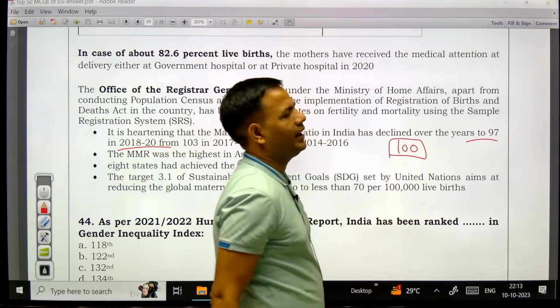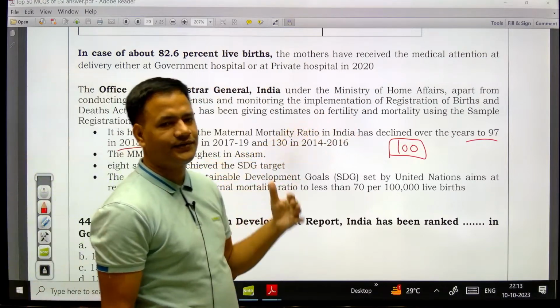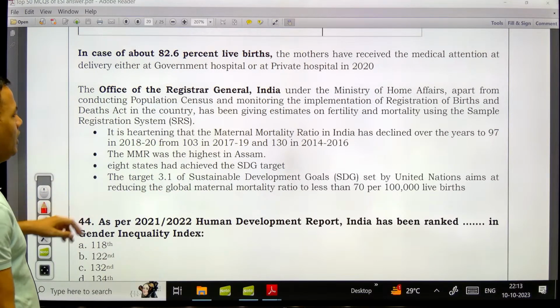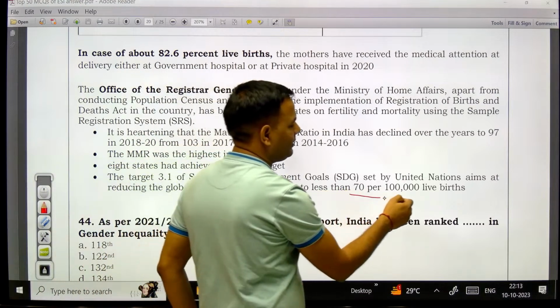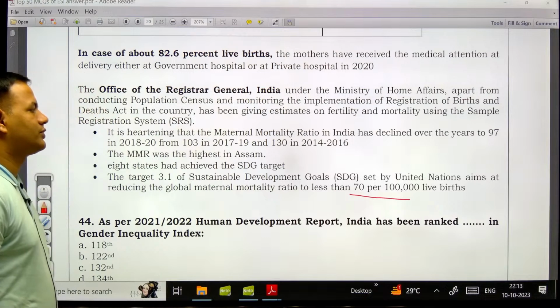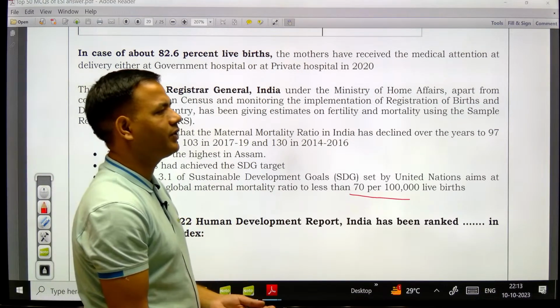So national health policy का target था कि इसको 100 से कम लेके जाया जाए, तो 97 पे आ गया है. ये भी बहुत important fact है. और जो SDG का टारगेट है उसमें है 70 पर 1 लाख लाइव बर्थ, तो 70 से कम लेके आना है अगर आपको सस्टेनेबल SDG का टारगेट अचीव करना है